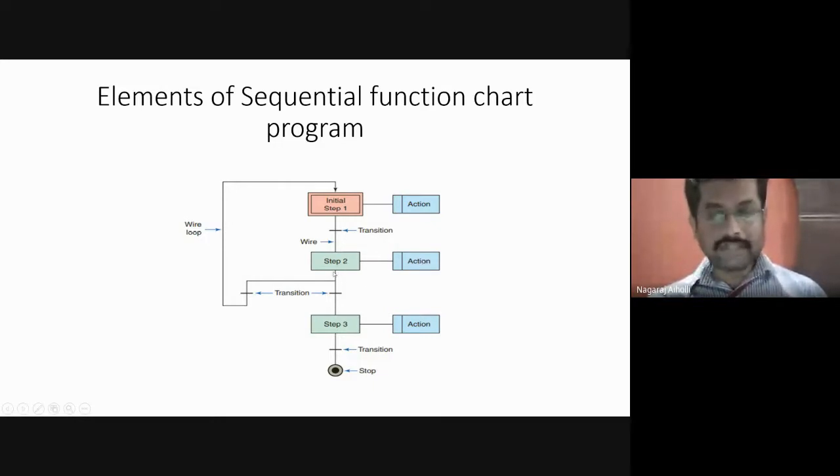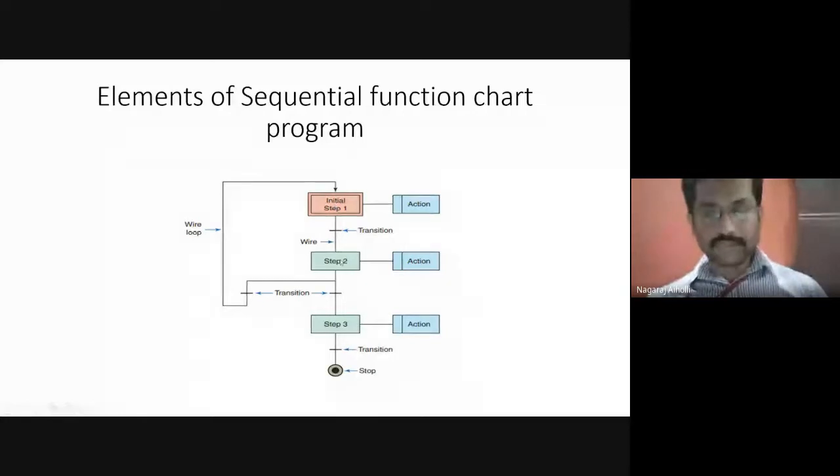Then there is an if-else statement. If A is greater than 1 or if B is greater than 1, then you perform step 3, sum is equal to A plus B. If it is less, then you go back and input the value again. This is just like your if-else statement after step 2. Correct? So if the condition is true, it will go to step 3. If it is false, it will go back and input the next value.